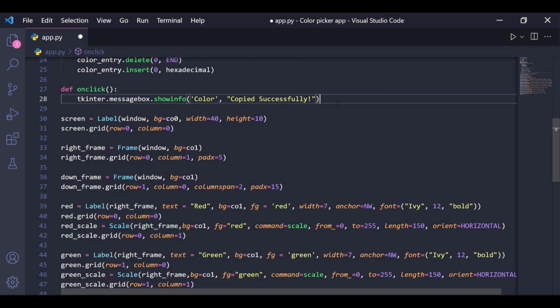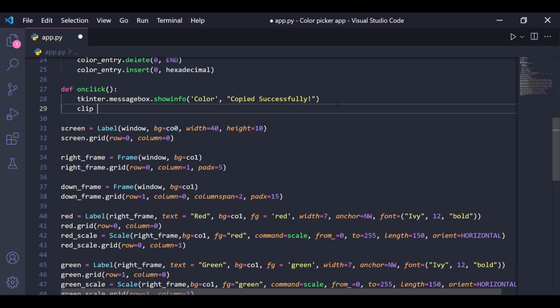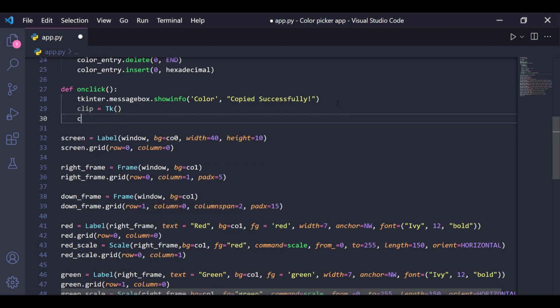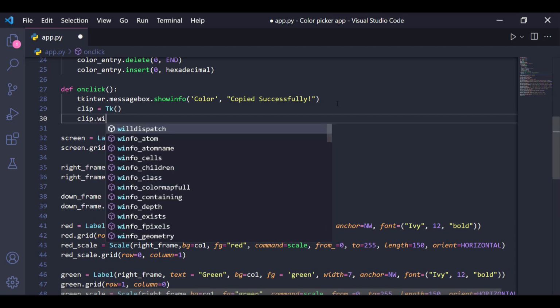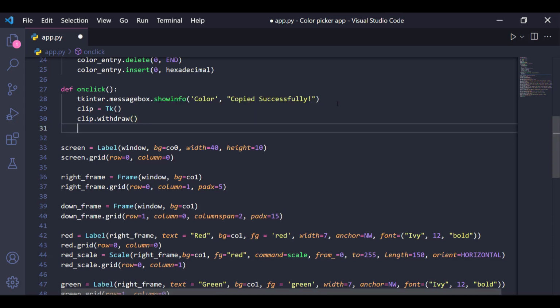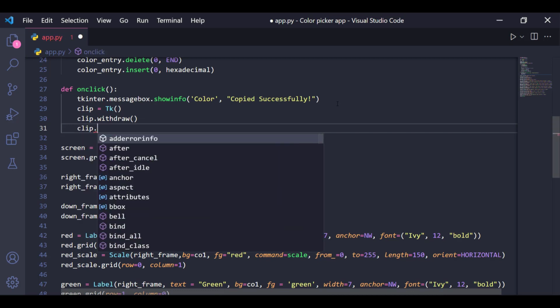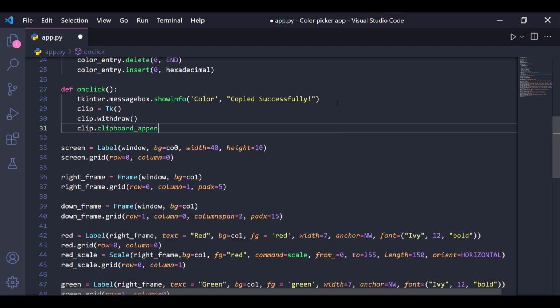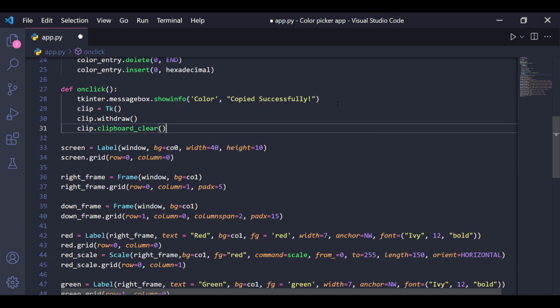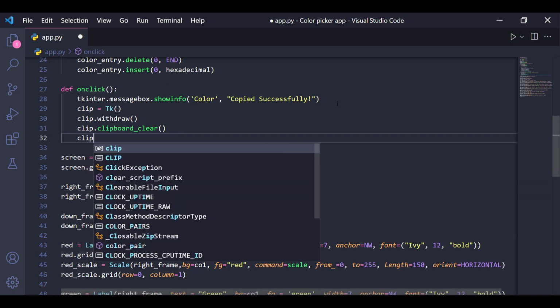And yeah, we are going to create a little window which is named clip. Just create a little Tkinter window and just say clip.withdraw, and it will withdraw that value. And now we need to clear that clipboard value. So just give clip.clipboard_clear. There is a method called clipboard clear. We are going to clear that, and we will append that